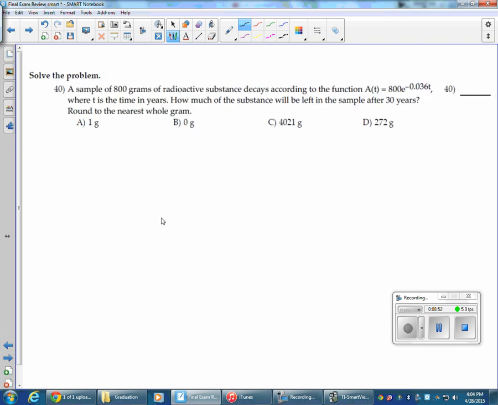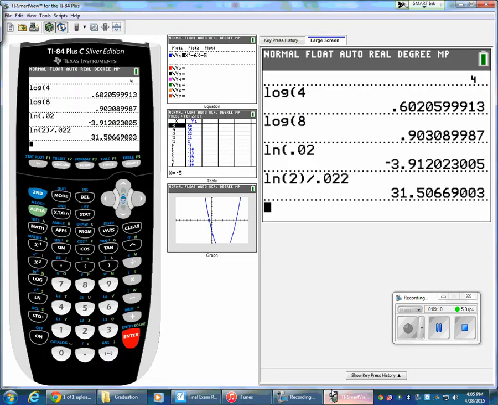Last problem on the review, a sample of 800 grams of radioactive substance decays according to this function that they give us, where t is the time in years. How much substance will be left in the sample after 30 years? So all you're going to do is take this function and plug in 30 for t. So 800